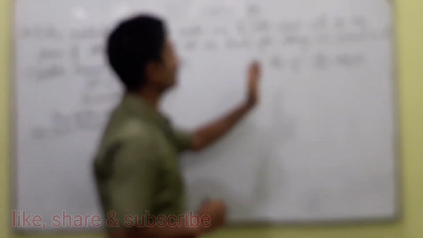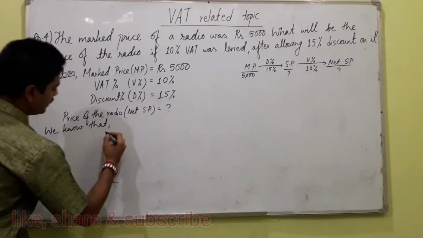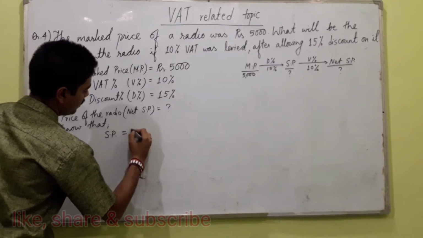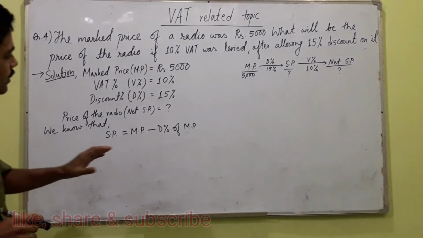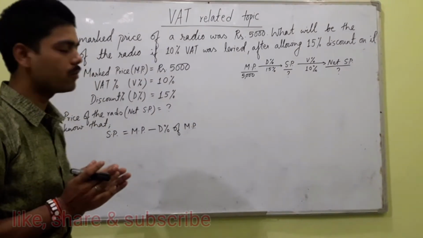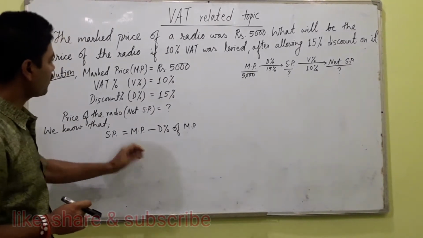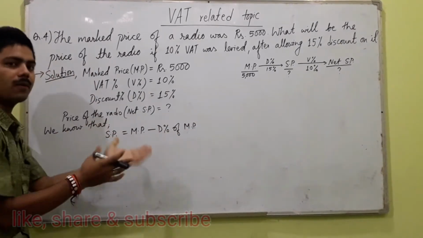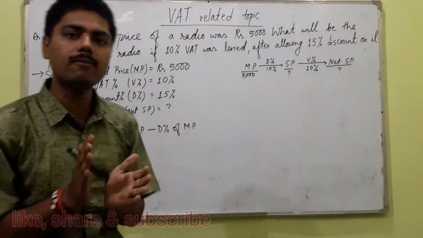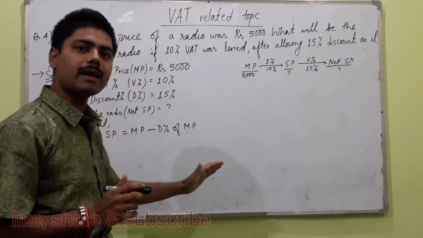Well, the shopkeeper gives a discount of 15% to the person. So here we know that selling price is equals to mark price minus discount percent of mark price. I have already told you that there are only some 3 or 4 types of formulas to be used here in this VAT related topic. Otherwise, many of the students I have found manage the numbers and variables here and there and make different formulas to make themselves confused. You don't have to be confused too much. Just study 3 or 4 formulas, keep in mind those formulas, and you will get the answer to all types of questions here.